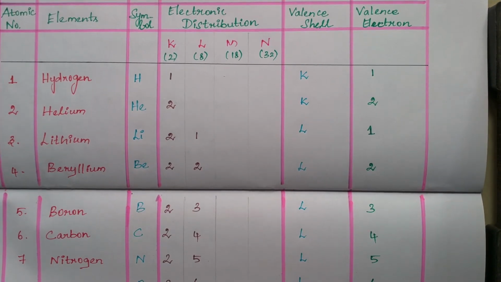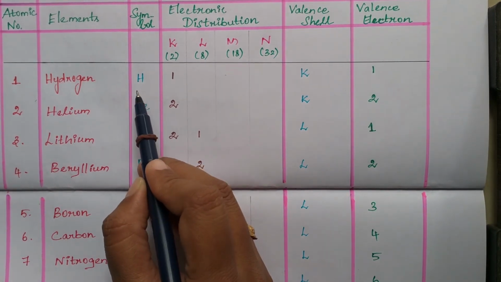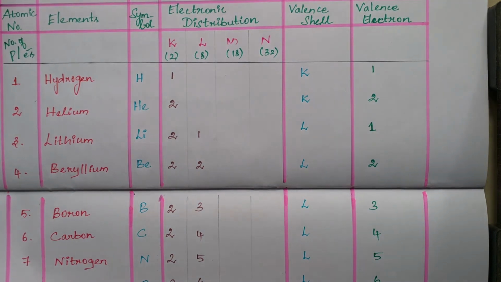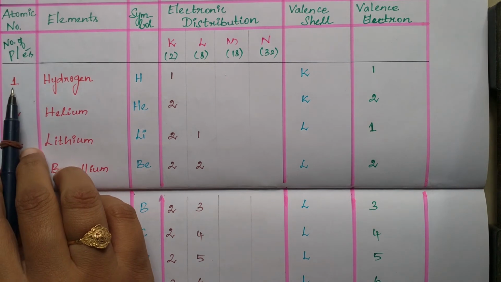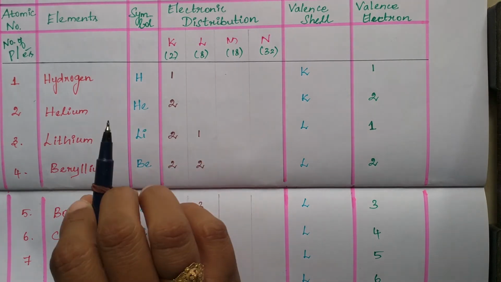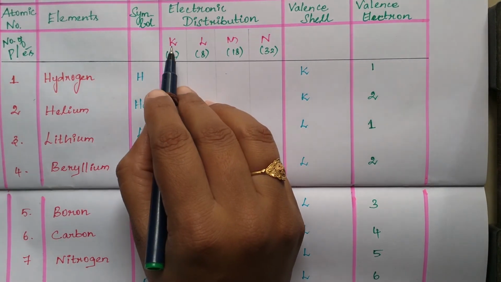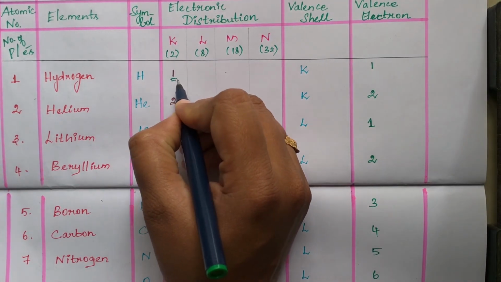See here, in table form I explained everything. For the first 15 elements I explained. The first element is hydrogen. Its symbol is H. Atomic number represents the number of protons or the number of electrons. Okay, students, atomic number is equal to the number of electrons. So atomic number 1 means 1 electron also. And this K, L, M, N is otherwise known as orbits. They are nothing but orbits. In the first orbit, 1 electron is present, so valence electron is only 1. This is the outer shell.